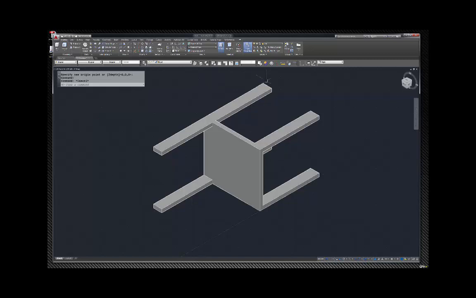So I'm going to go UCS, and M for move, and I'm going to pick this corner right there. Notice how it came forward. Now look what happened here. See, I'm in the wrong plane. So again, I want to get into my right plane. I'm going to use my little icon, Move UCS, and I'm going to pick this point here. There, notice how